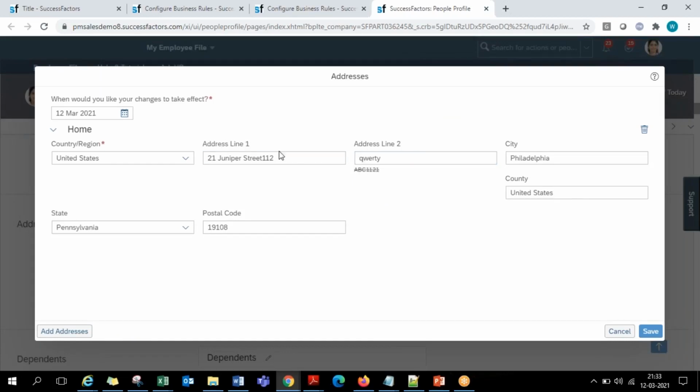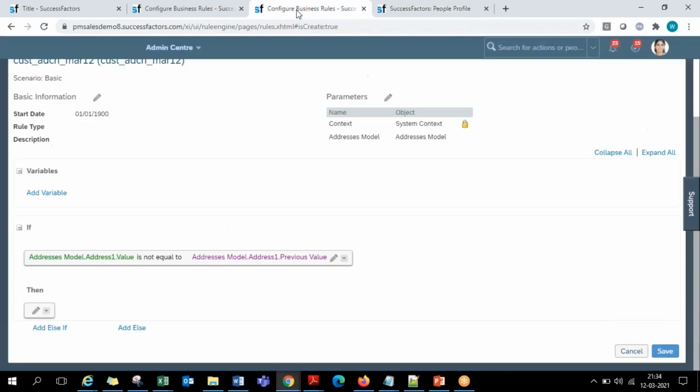The same example is the address line 1 level. This is ending with 112. If I change it to 113, there is a change. The current value on the screen is not equal to the previous value in the database. Currently in the database, it is 112. Now you are making a change and you are trying to save it. So when you click on the save button, the system will execute